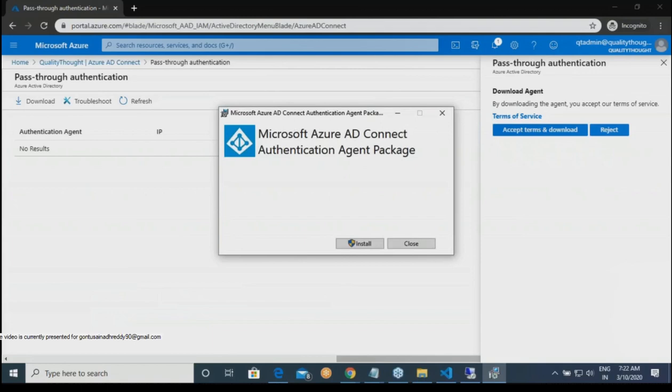Now pass-through authentication will install this agent. Now what you do is you authenticate yourself in this agent, and that will allow you into Azure.